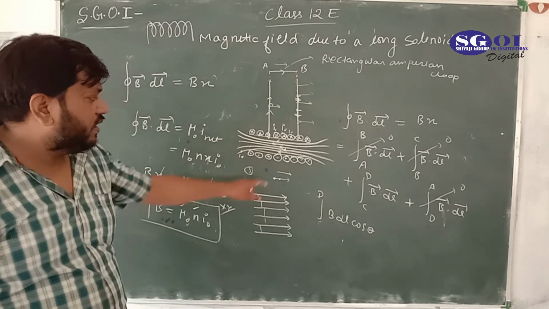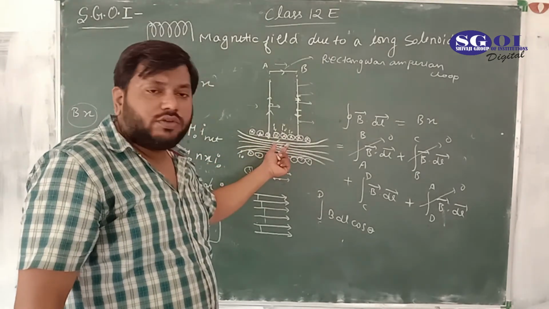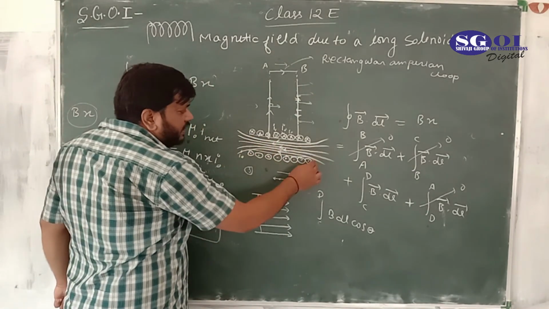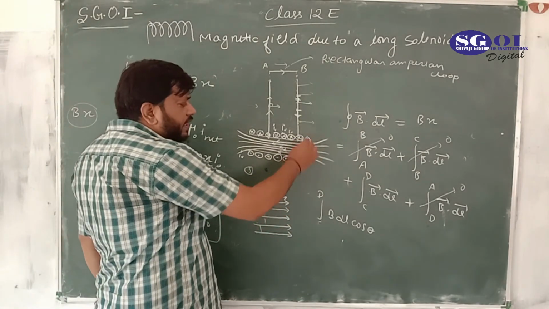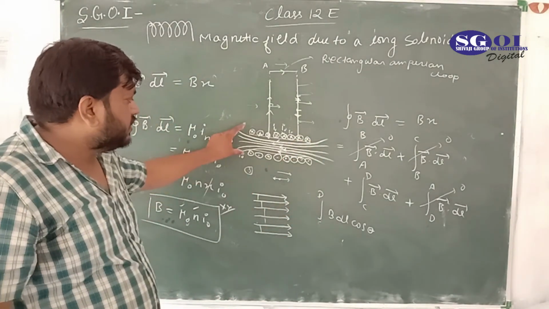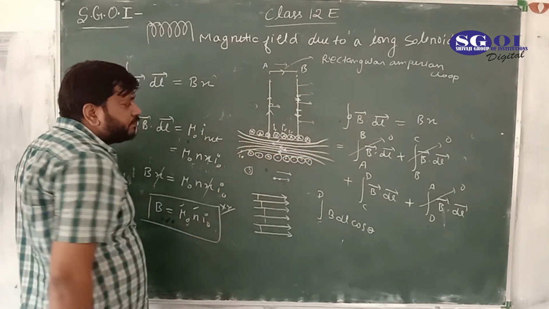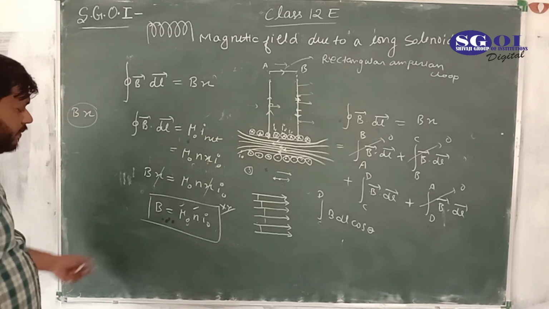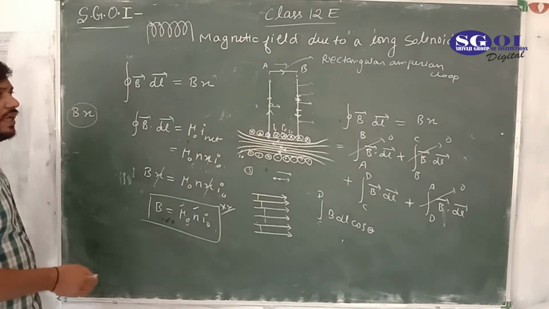So you are seeing here, inside the solenoid, the magnetic field is uniform, and at the ends, there is non-uniformity created at the ends. We would not consider the effect of the ending positions. So this is finally the magnetic field, magnitude mu naught n I naught, and at the ends the magnetic field, as we have seen